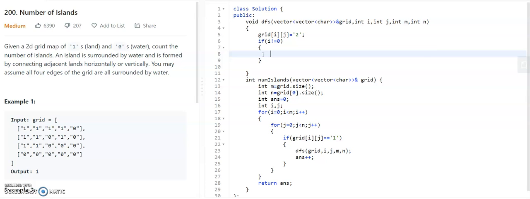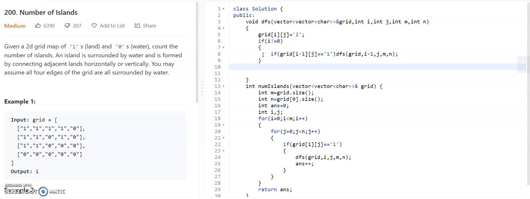And the other thing is the top position should also be 1. So you have to check that. If grid of i-1, j is equal to 1 only, you will make a DFS there. So DFS of grid, i-1, j, m, n.